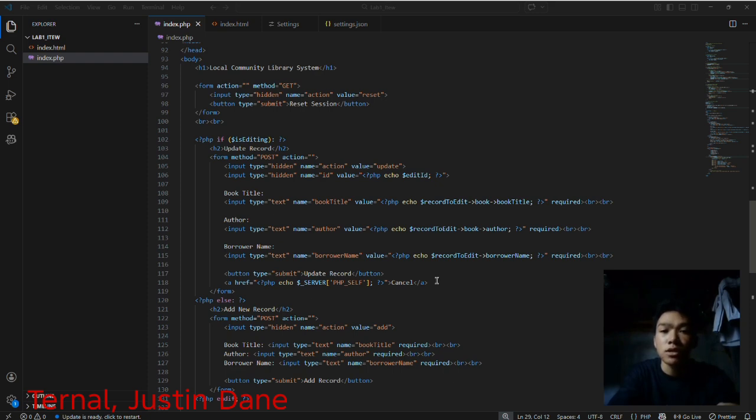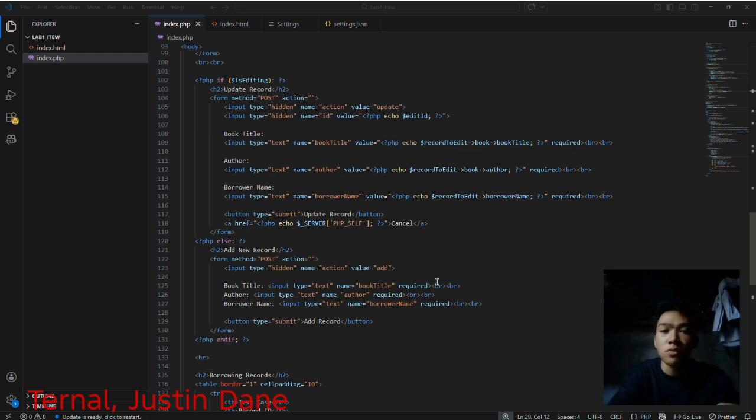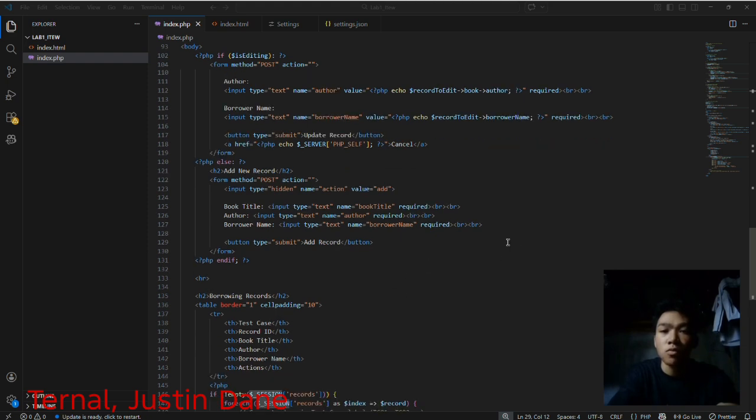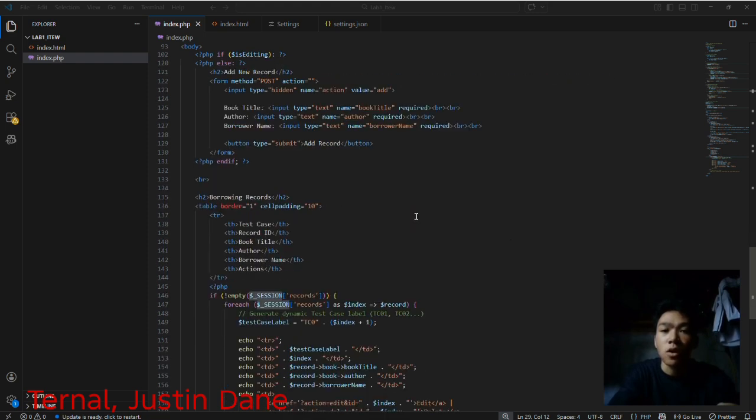The table starts here, which displays all records with border spacing, and of course the table header, such as test case and records ID. Each row describes our data, with the loop foreach over the session. This loop goes through all stored session records and displays them one by one.